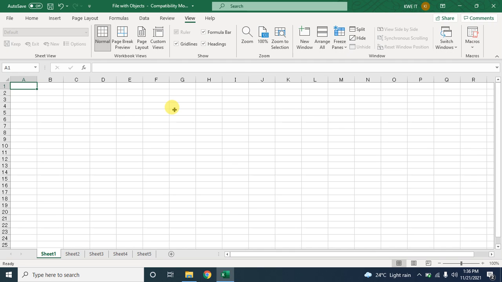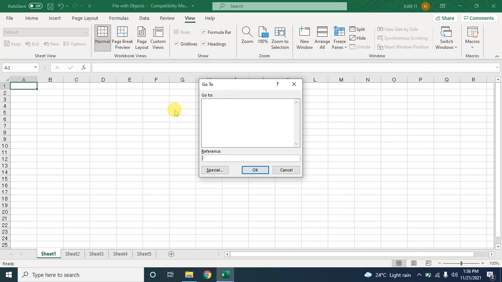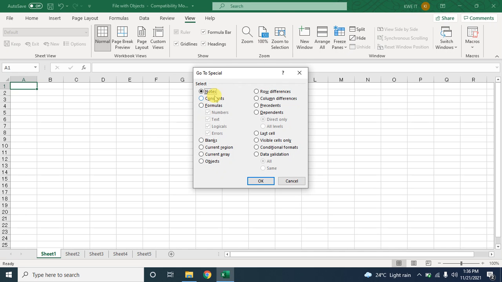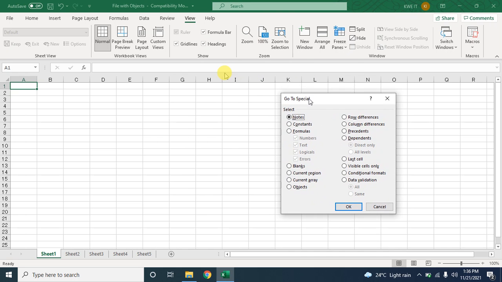Now you have to press F5. After pressing F5, you have to click Special. In this Special dialog, for this low performance issue, the main thing is Objects. Some hidden objects will be there in the sheet, created automatically.